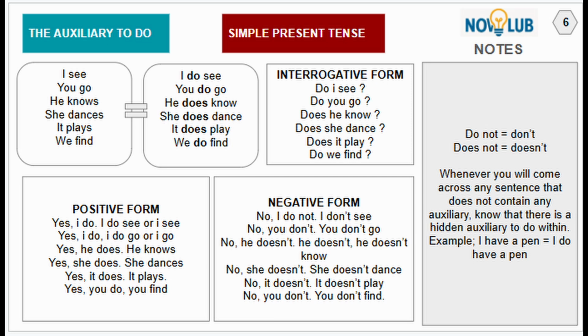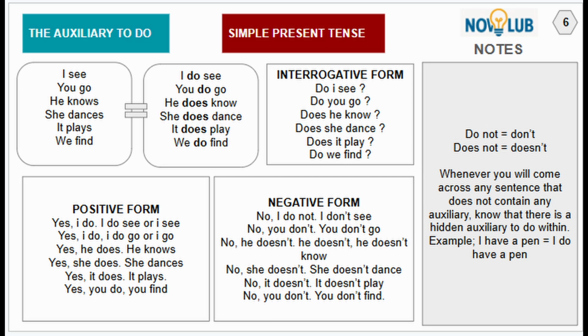Don't say, see I. Oh, I see. See I. You go, go you. He knows, knows he. She dances, dances she. It plays, plays it. We find, find we. No, don't say that. But we say, we will use the auxiliary to do, because we say that the role